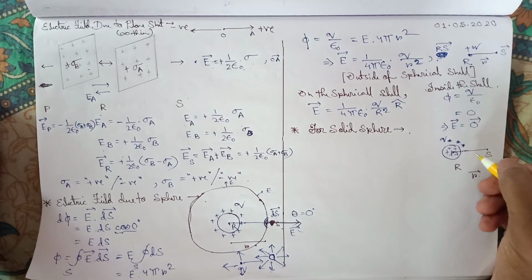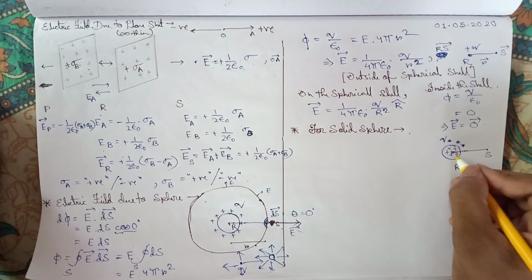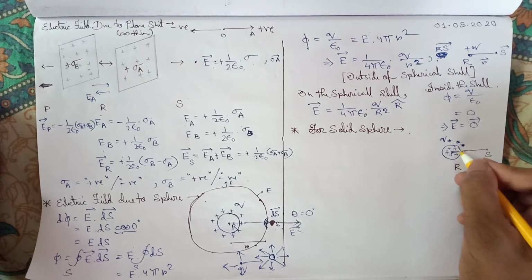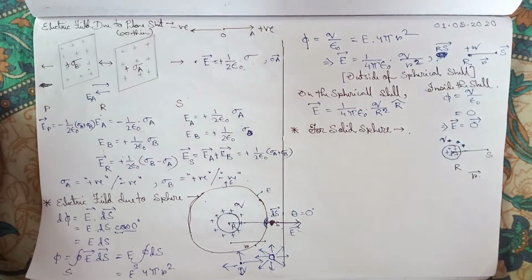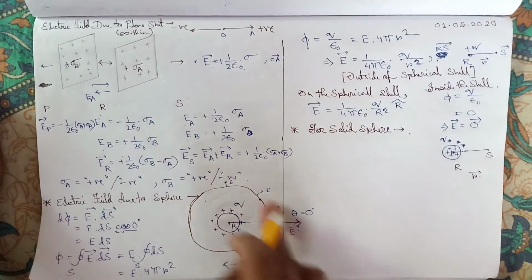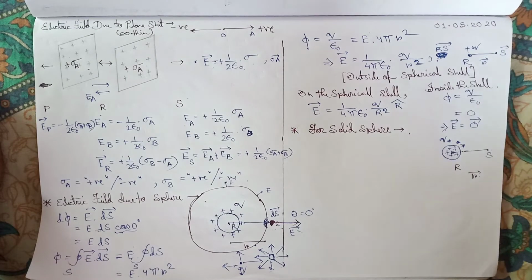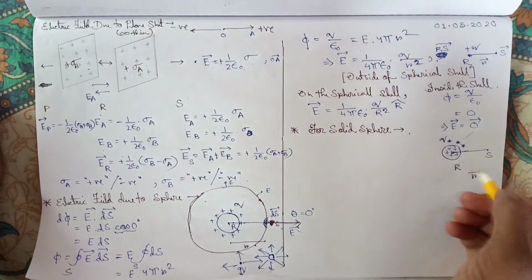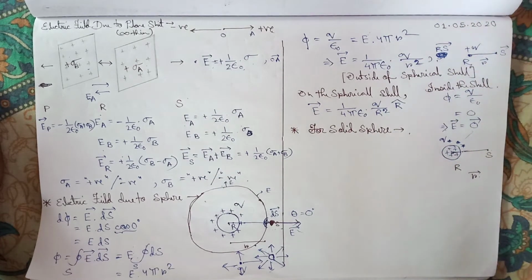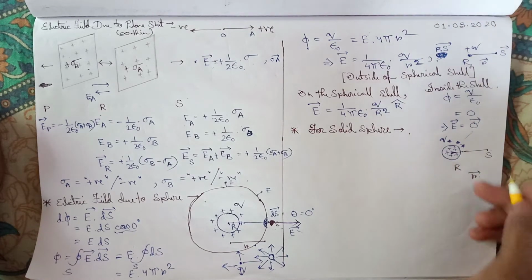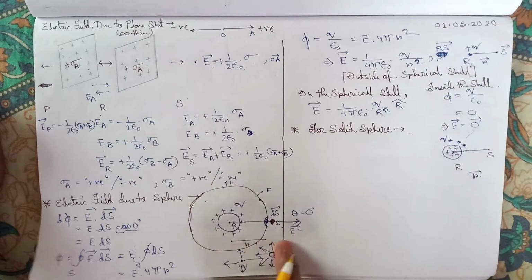To find out the electric field here, we have to apply Gauss law. To apply Gauss law, we have to take a Gaussian surface. The Gaussian surface will be quite similar to this, right? The electric field will be all over the space, spherically symmetric or radially symmetric. So we make a spherical Gaussian surface of radius r, like that.